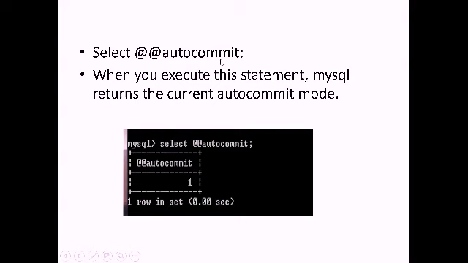When you give this statement, MySQL returns the current autocommit mode. What we got as output is @@autocommit is 1, which means it is in on mode.